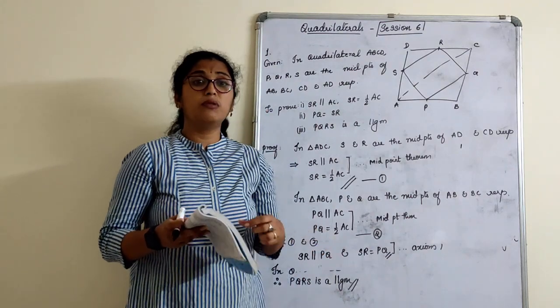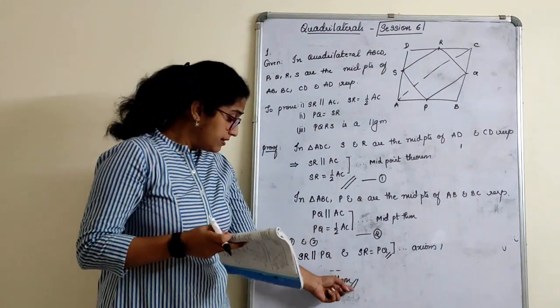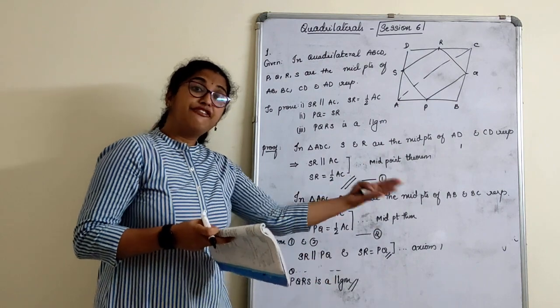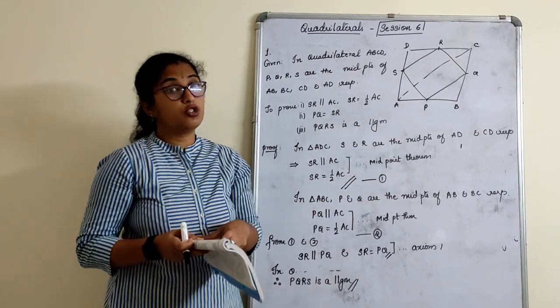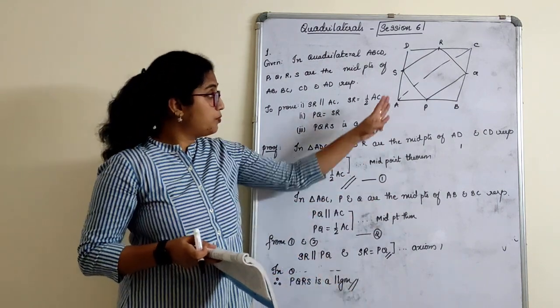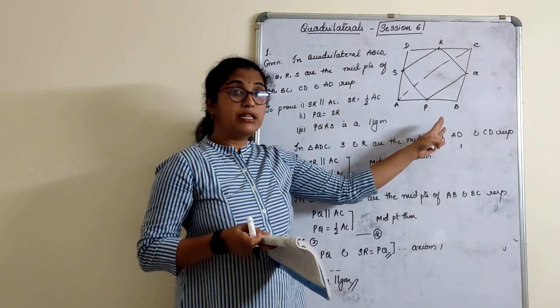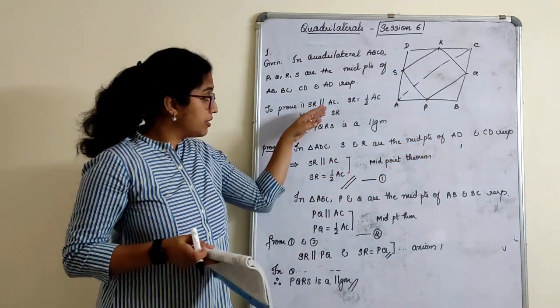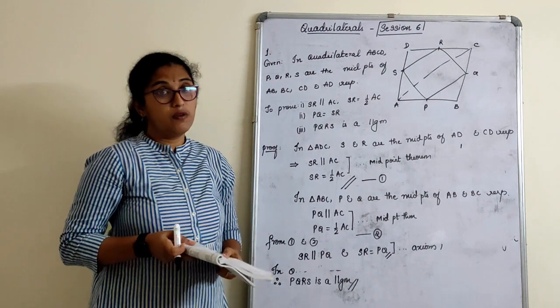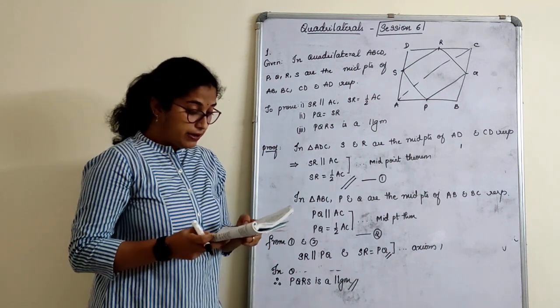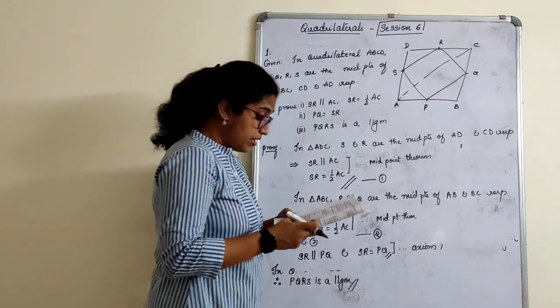In this exercise, almost all the sums we apply the same technique till here. After this, we'll start using some other things to prove. But otherwise, if you have to prove in a given part that some midpoints are given to prove it as a parallelogram, this is the same thing we follow. Simple one. We'll move to the next one.